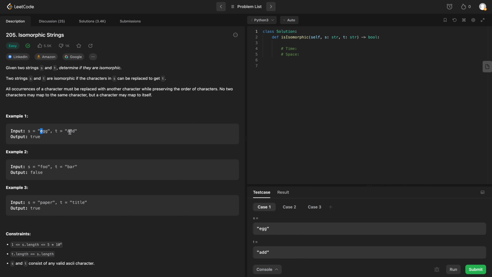So we'll map E to A and G to D, and then we can just loop through the characters in our mapping, and then print them out. And if we get the same resulting string as s, we should return true. So let's do that. Let's create a mapping where